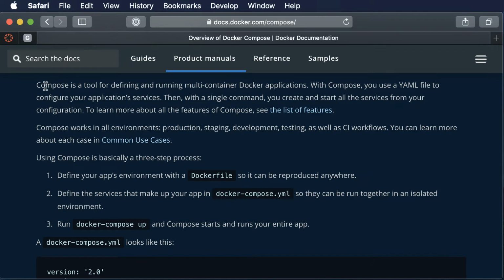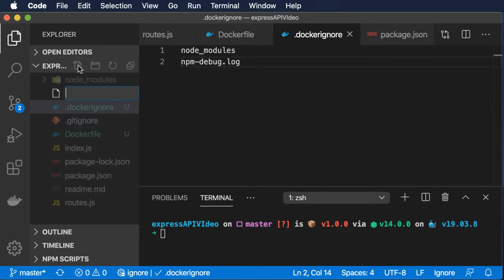So as you can see, Docker Compose is a tool for running multi-container Docker applications, which is what we're eventually going to do. So instead of building the images manually in Docker, which we could do, we're just going to jump right to Docker Compose, even though we just have one image so far. So we're going to add a Docker Compose file,